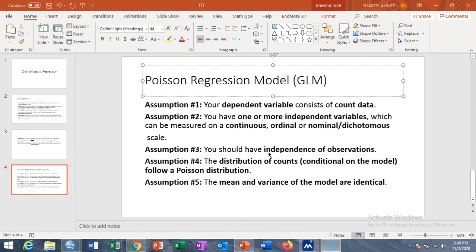So before proceeding with Poisson regression model, the researchers must know the basic assumption of the Poisson regression model. There are 5 basic assumptions of the Poisson regression model. So we start with